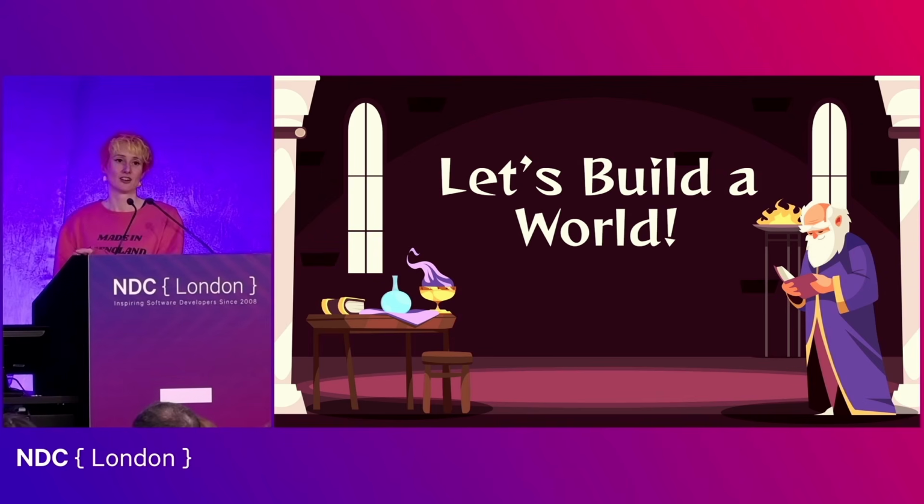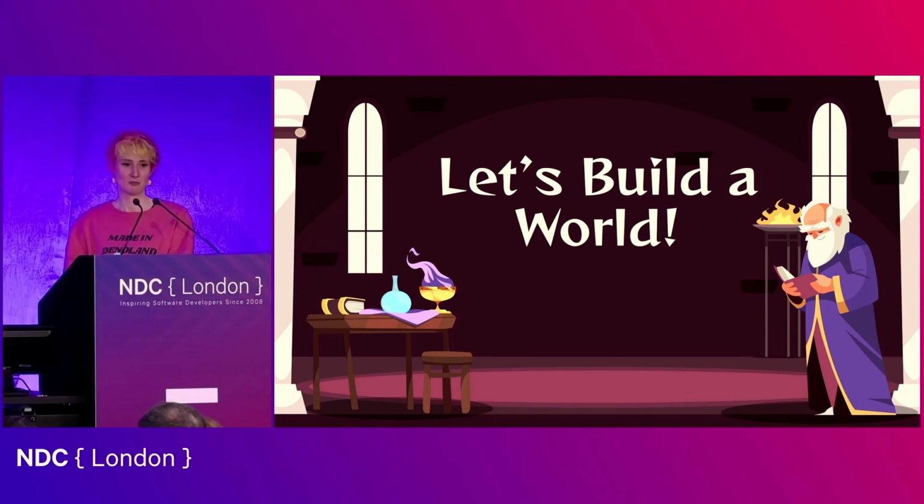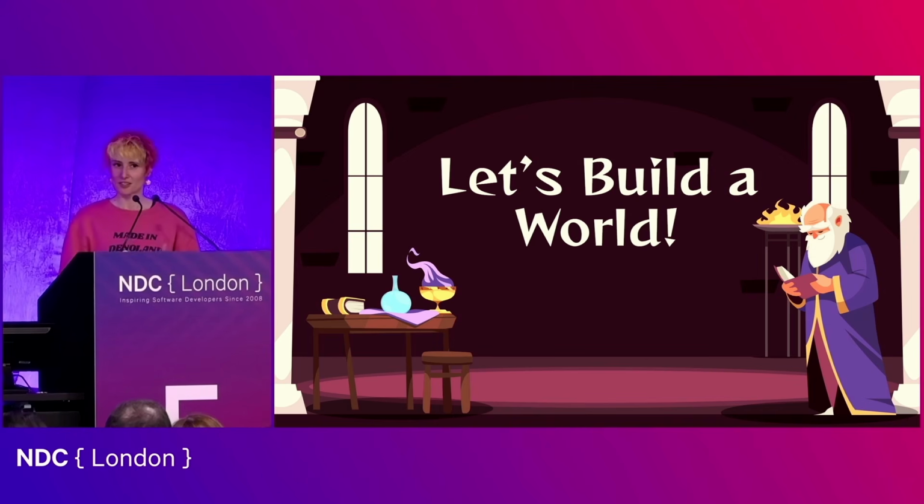The first ever AI game that I built, so part of my falling in love with D&D was hoping that maybe one day I'll be able to be a GM. At the moment, I'm just a player. And the idea of being a GM is you've got the context of the entire world in your head, and this just feels like a lot to me. So the first ever AI game that I made was just a little chat where I could practice being a GM, and I got the AI to create 3 characters for me, a wizard, a rogue, and a fighter, who would react to the story that I was trying to tell the AI.